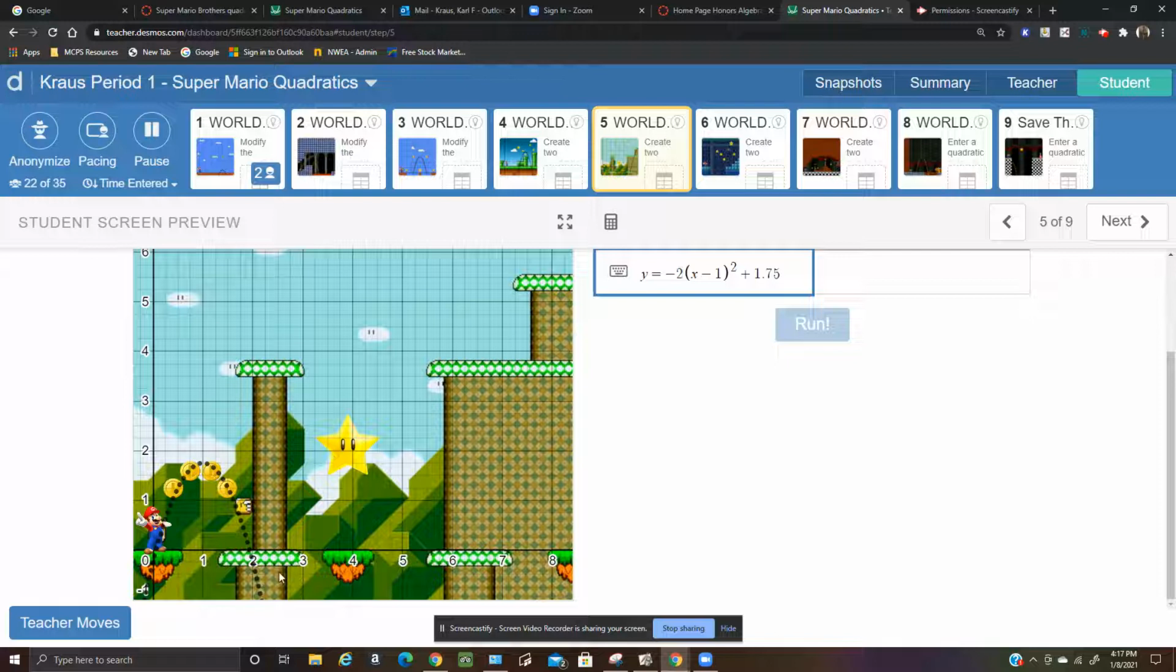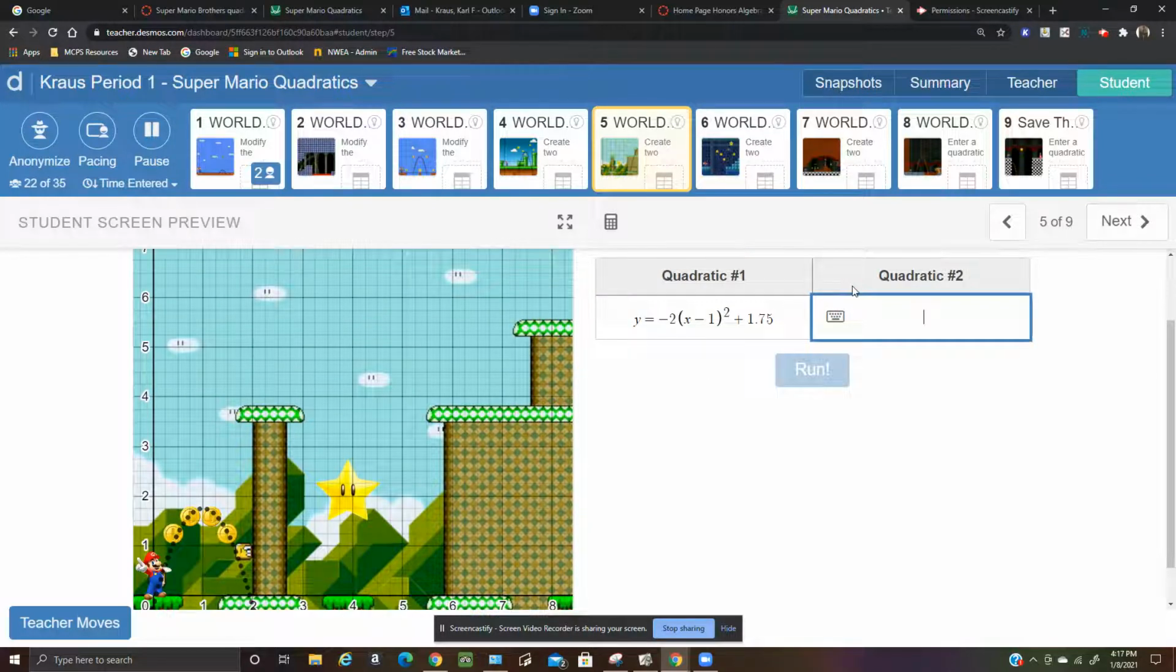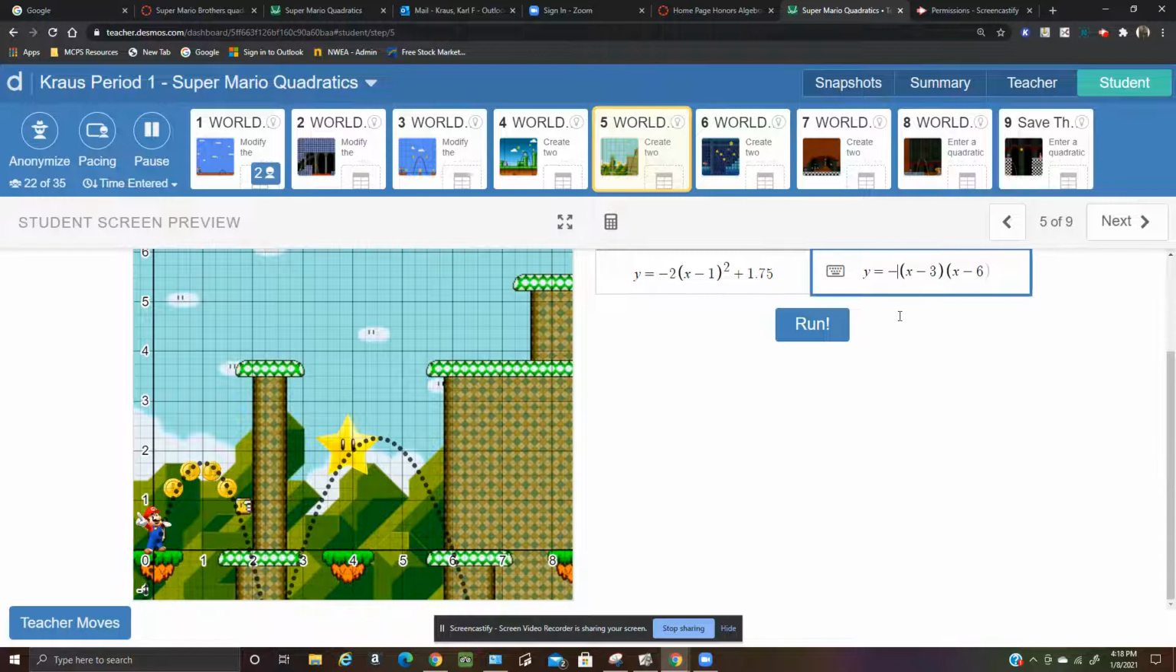And then for the star here, I'm going to use the intercepts here. Let me see what happens if I make it 3 and 6 here. Might need to make it less than 3. We'll see. It looks like that might work. And then you want this to be negative. So if I hit run now,